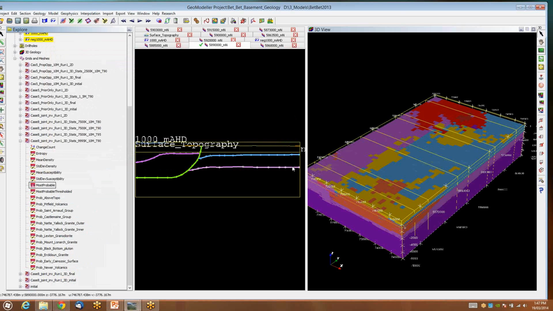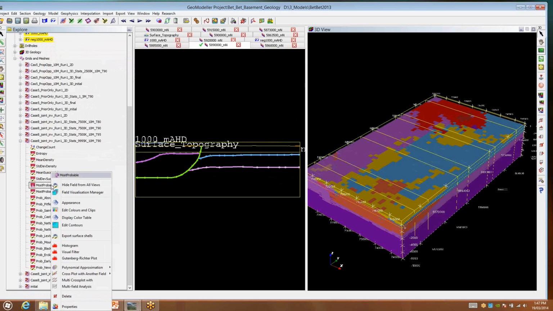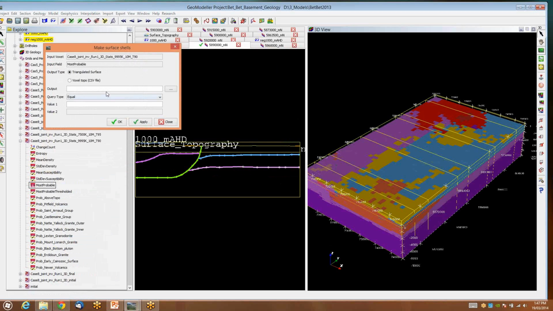What is an important thing to do is to bring back the geology into the model that you're building and to revise the model on the experience of the inversion results. And the way to do that is to choose the ability to, say, export surface shells. In this way, you can take out a CSV file, which becomes an import option so that you can bring in and constrain a geological unit again